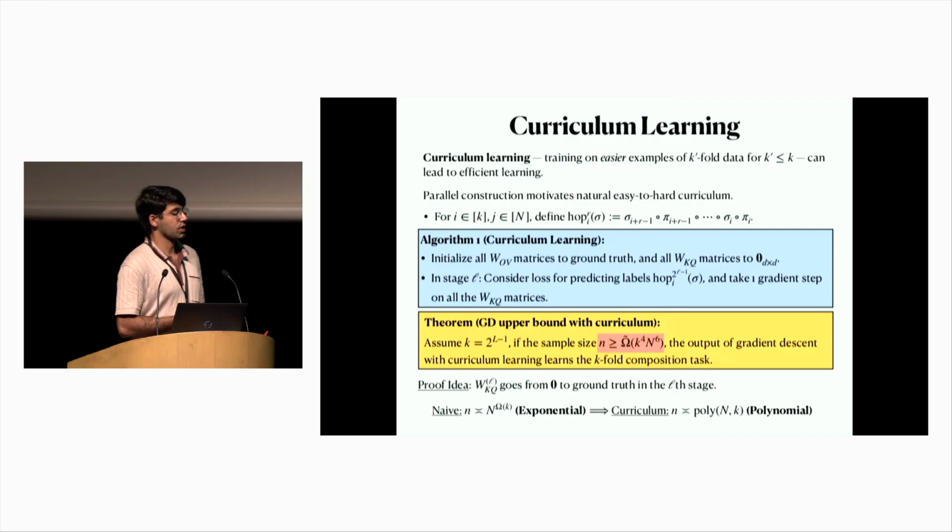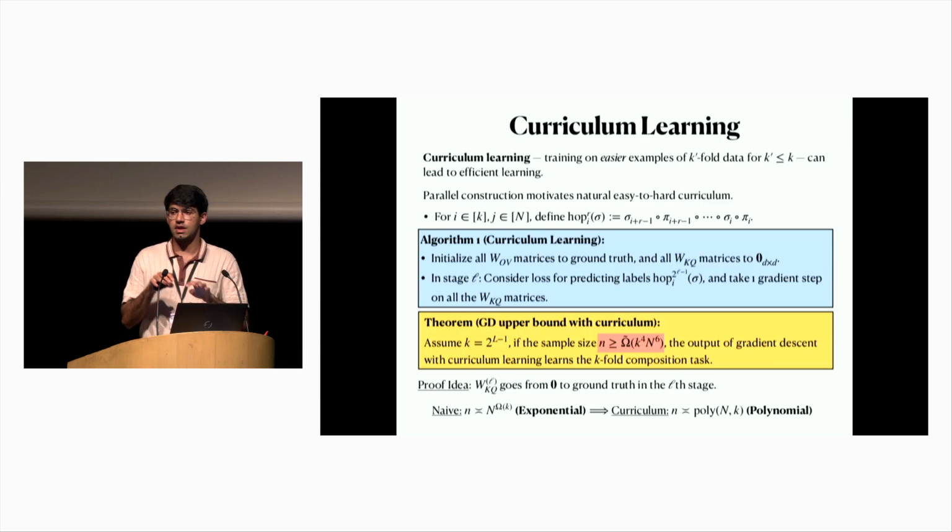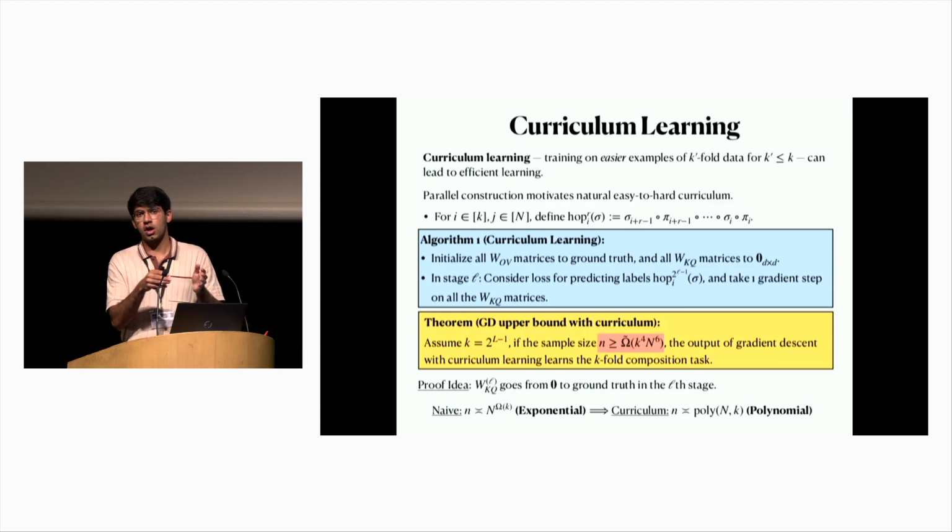Yeah, that's a good question. In the curriculum learning algorithm, I glossed over the details here, but we specifically look at training the key query matrices. The proof sketch is that when you're training in the Lth stage, stages 1 through L minus 1 have already been learned, and these key query matrices are very big, so they've completely saturated the softmax. And so in the Lth stage, just the Lth key query matrix gets updated and grows to converge to the correct thing.